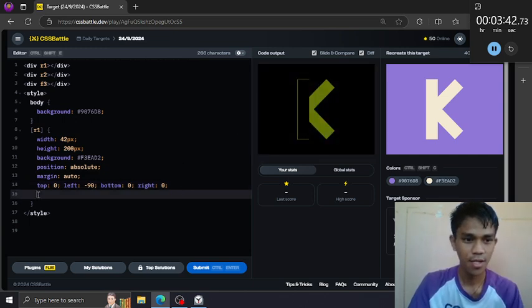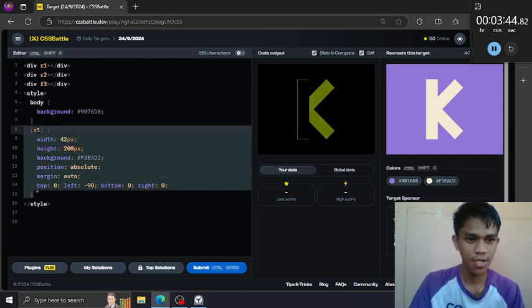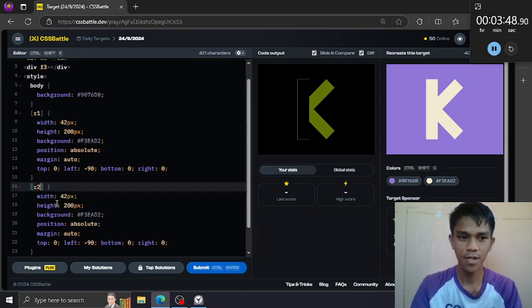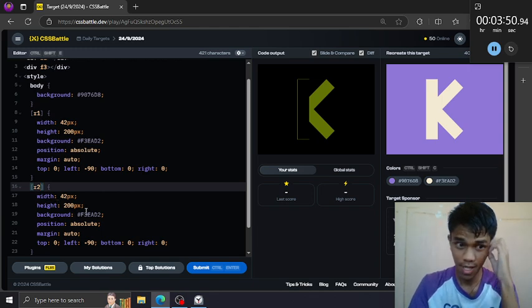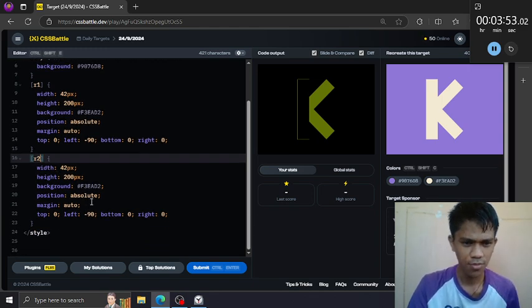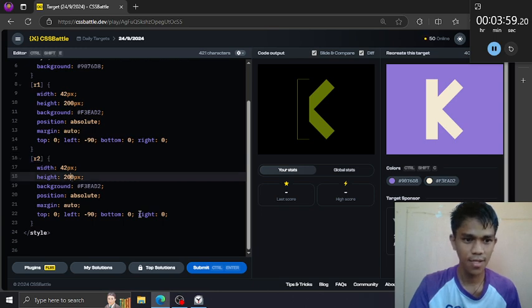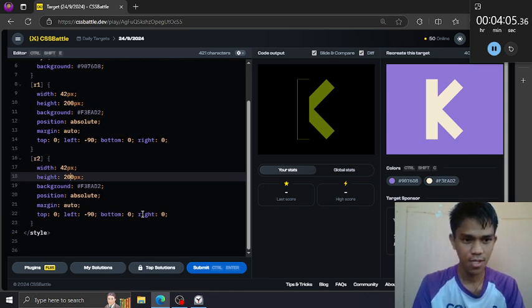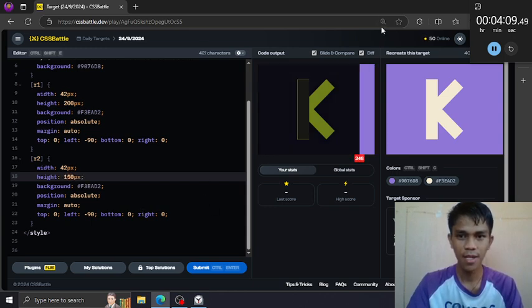Then let's style also the second rectangle, the top one. The height is much shorter than the vertical one, so let's reduce it by 1/4, 150.